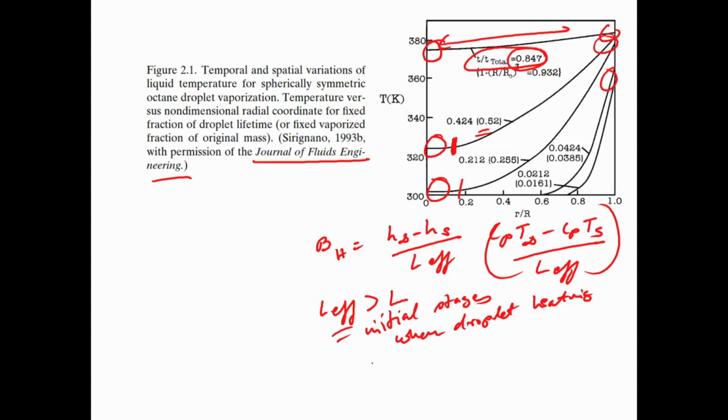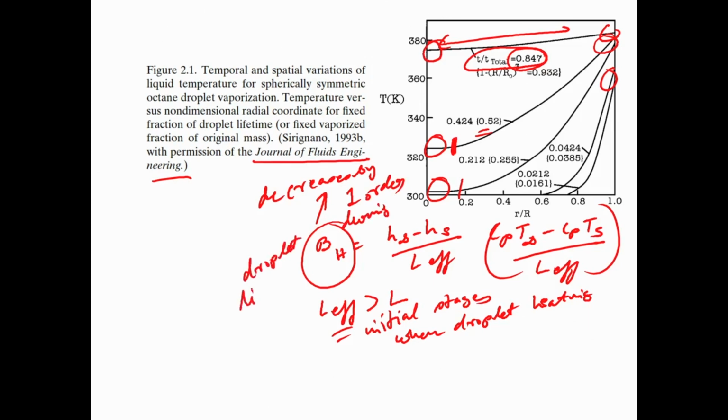Now, in that particular case, the value of BH actually changes over the droplet lifetime. In fact, you will find that BH decreases by one order during the droplet lifetime. Got it? Okay. It decreases actually by one order during the droplet lifetime. So, if you recall what we did,